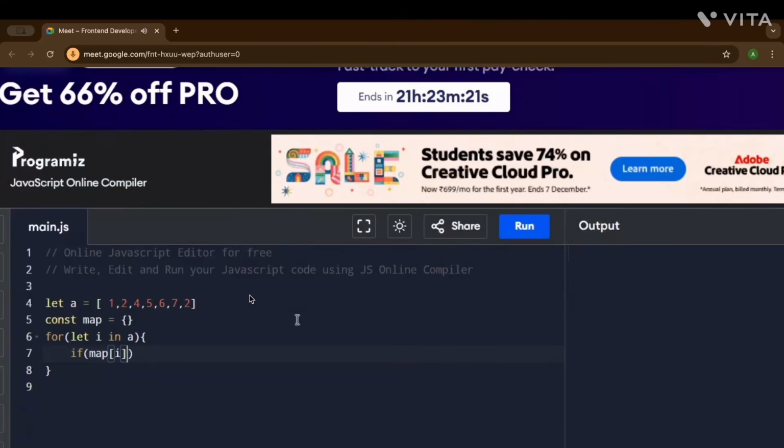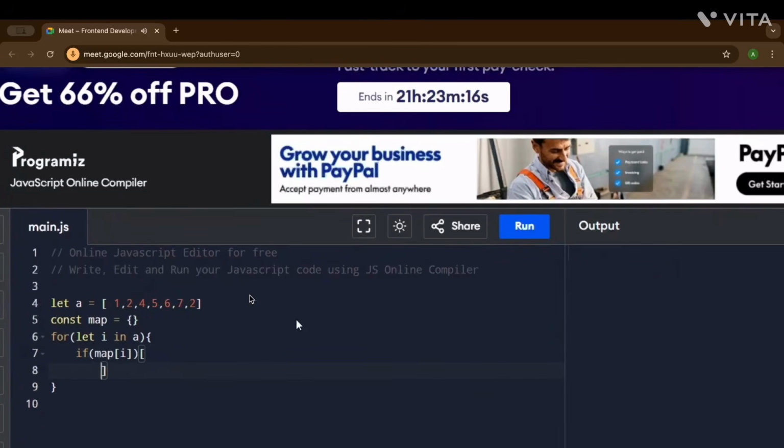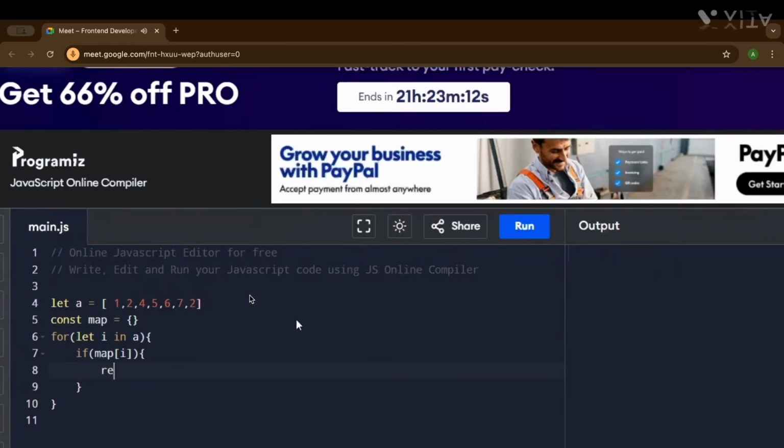If map of i exists, then we have the answer. Otherwise, map of i equals, let's say, anything, we have a key, so its occurrence will be 1.